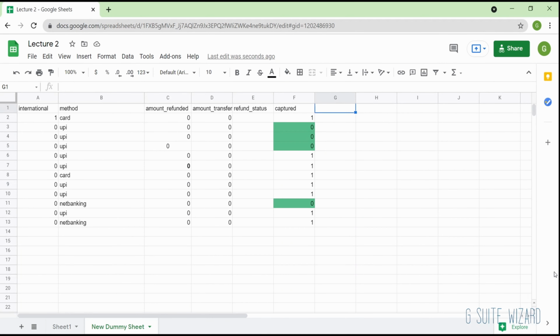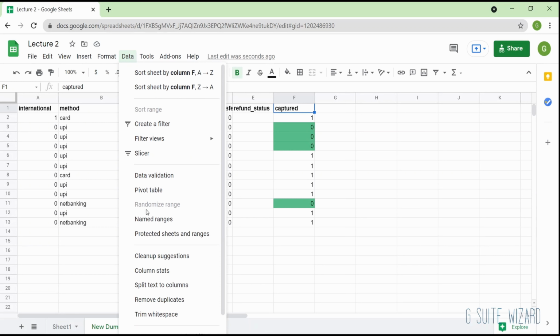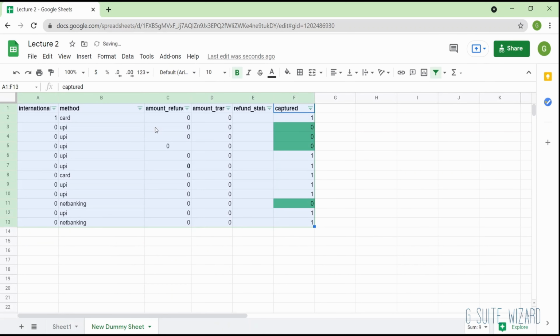I have some random data over here. And as you can see, this is the conditional formatting that we already had, and it has applied for this data as well. So how a filter works is, when I go to create a filter, it comes with a funnel.